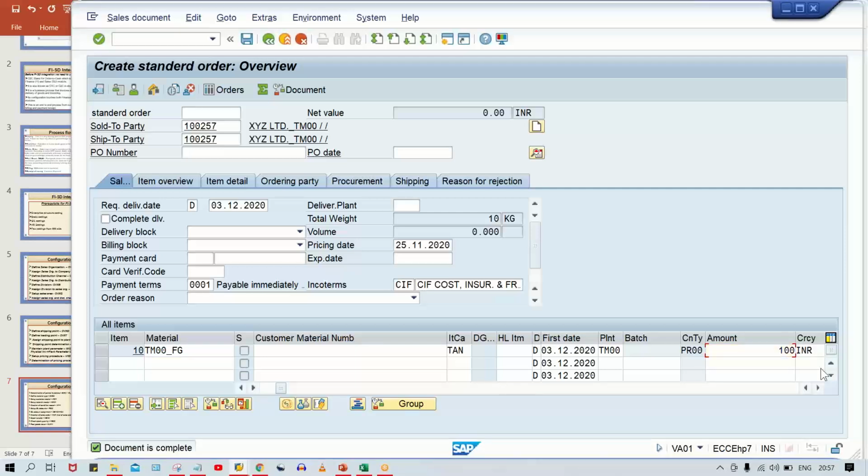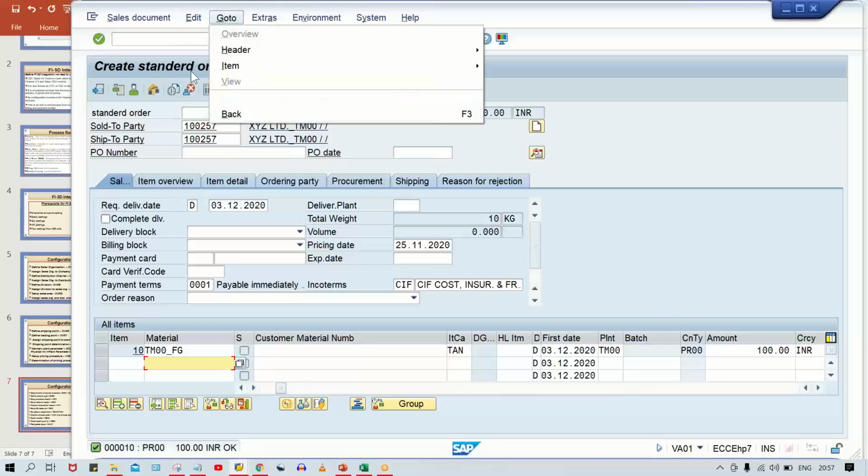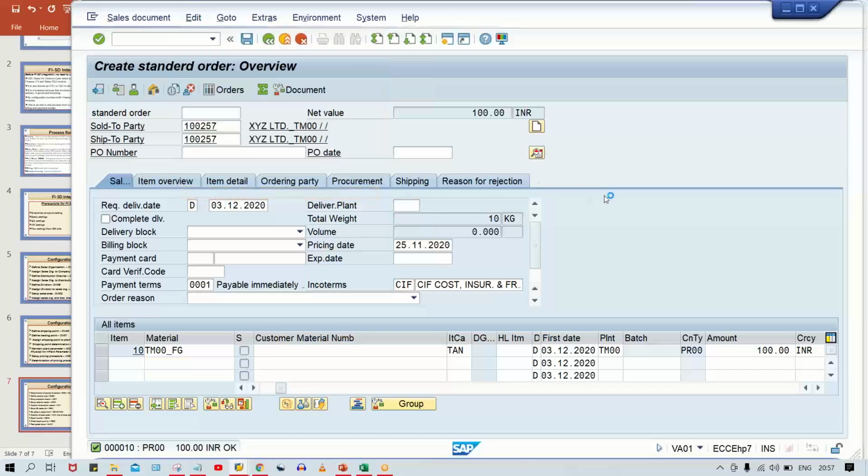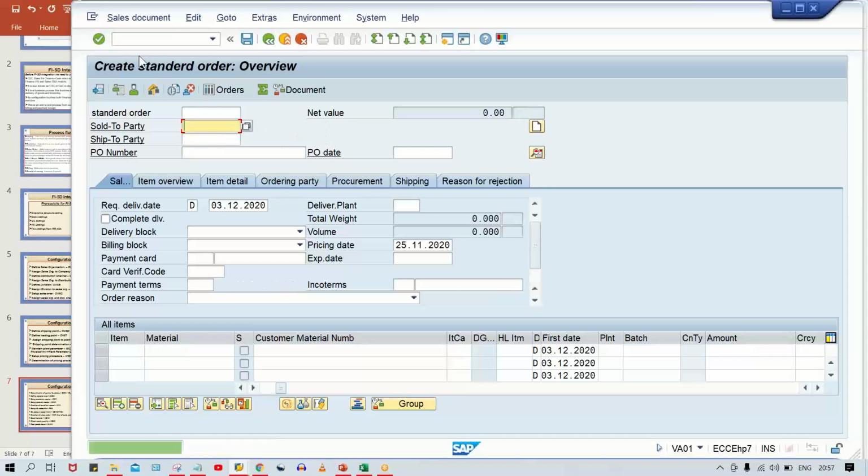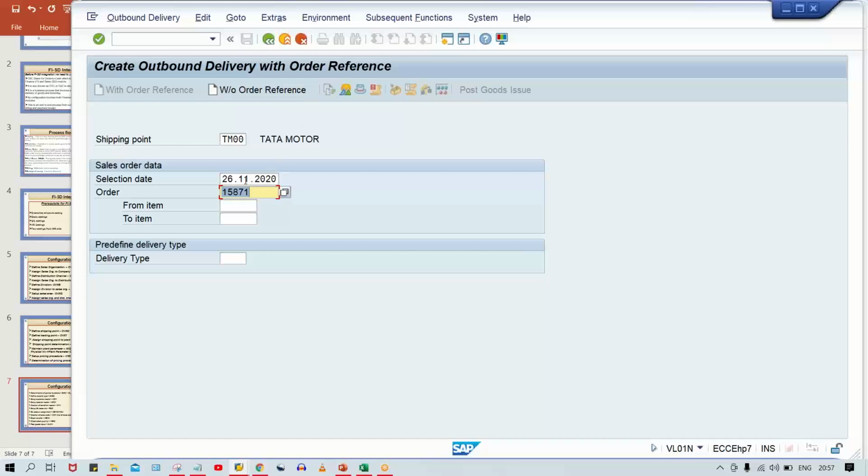Now, let's suppose if I give here, just save it. Document is completed. And then here 71, right? So you just go to VL01 and now we are going to post this delivery,